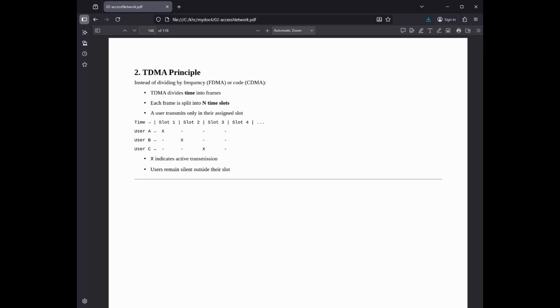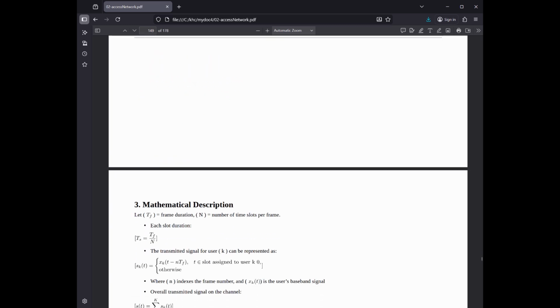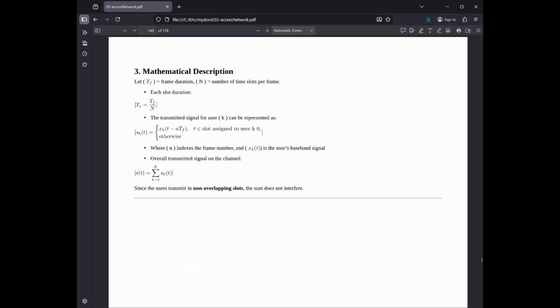in a high-speed burst. 4. Reception: the receiver listens only during that specific slot, extracts the data, and stretches it back into a continuous sound for the listener. 3. Mathematical description: the number of channels that a TDMA system can support on a single radio frequency carrier is calculated as